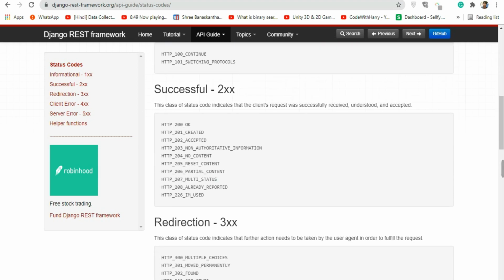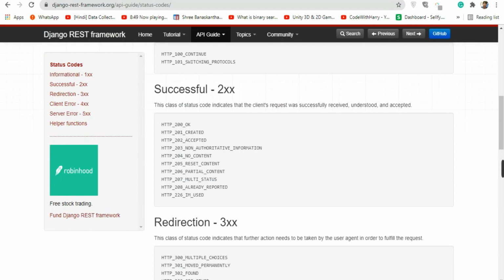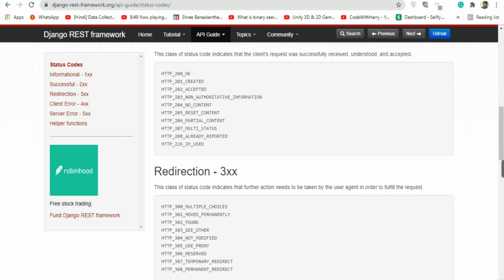Now we can use any status code you want. For example, if any kind of operation is successful, we can return a success status. Success status codes always start with 2. In here, as you can see, 200 means OK, which we saw in this area, HTTP 200 OK, and 201 means created, 202 means accepted, and so on. So 2 means successful.